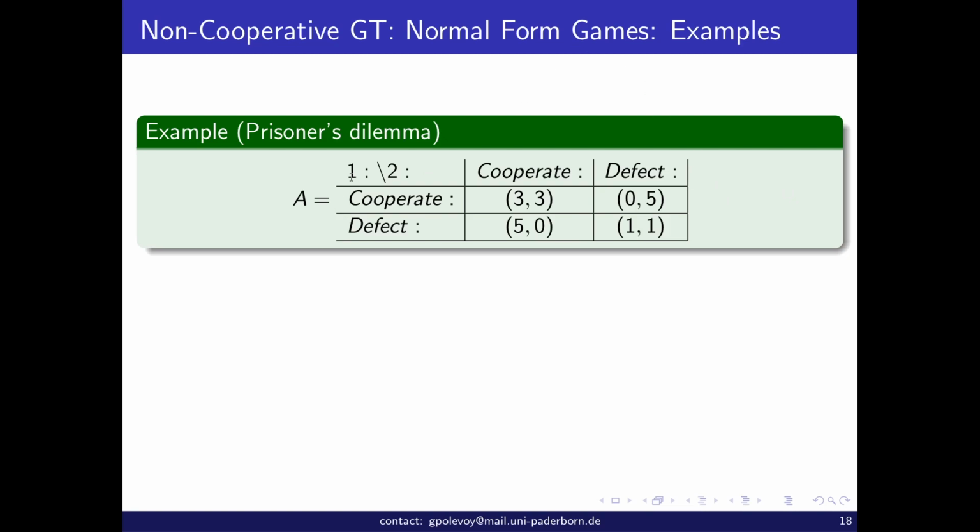This is, by the way, a matrix way to write such games. It's very useful, but inconvenient when you have more than two players. If there are more players, you would need a 3-dimensional, 4-dimensional, and so on, matrix. So the number of dimensions which you need is exactly the number of players. So it's only convenient when you have two players, but then one player whose strategies denote the rows is called the row player, and the other player is called the column player. So here player 1 is a row player.